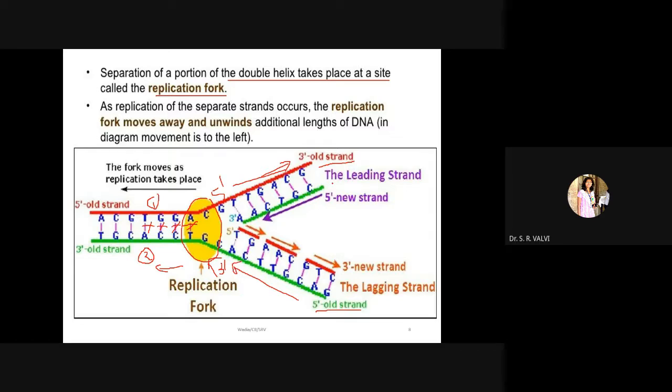Now this one we called the leading strand, right? Here if it is a G, it is going to pair with a C. Likewise this pairing occurs continuously, hence we call it the leading strand, right? And here in this way you can see I have given this arrow also. These arrows are in a discontinuous pattern, and hence this strand is called the lagging strand, right?